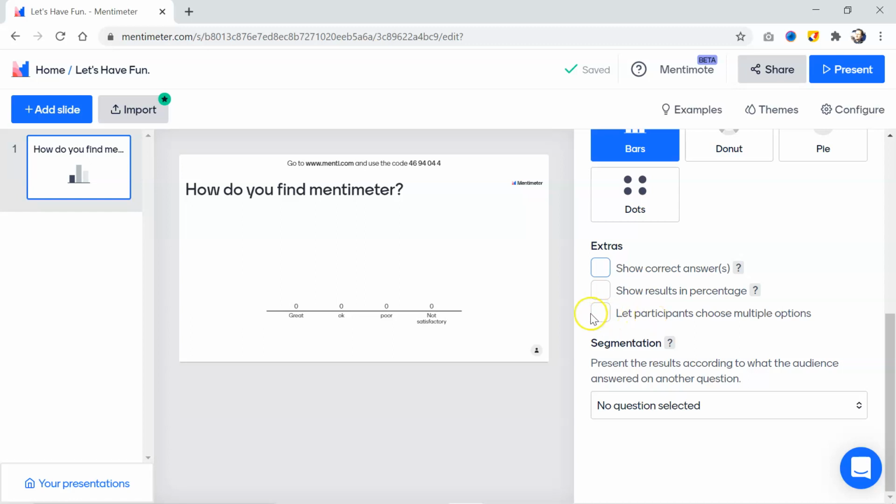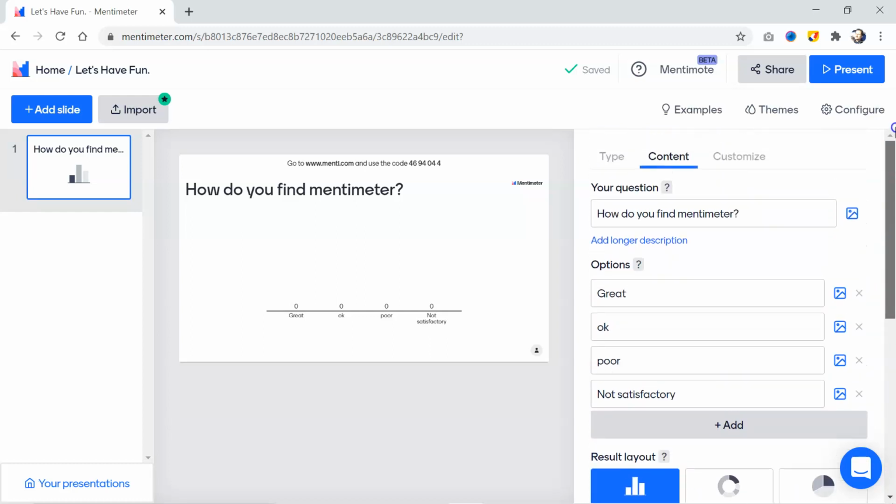By this third option, the participants will be able to check multiple options for these questions. And further, here is the option that can be used to show what different groups answered on another question. That can be chosen from here.